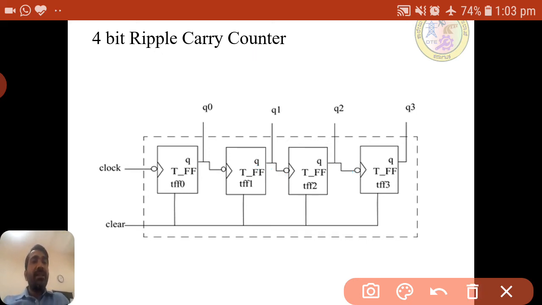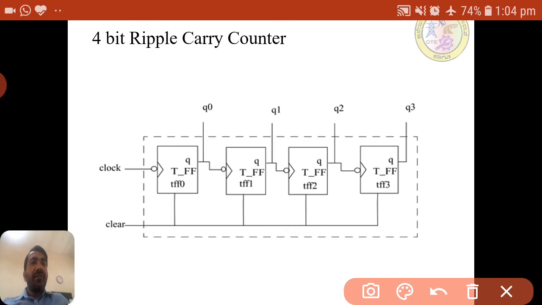As it is a 4-bit counter, we have 4 flip flops here. We are using the T flip flop. Why are we using the T flip flop? The characteristic of the T flip flop is that it gives the negation of the input we have.